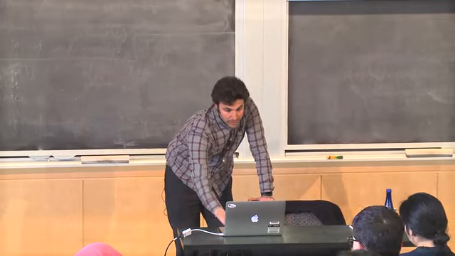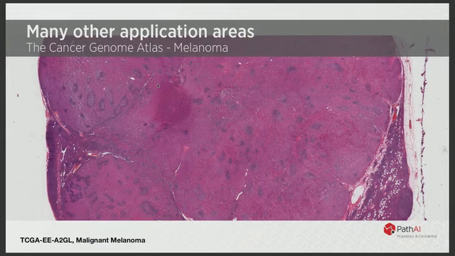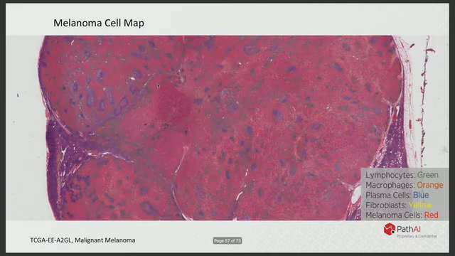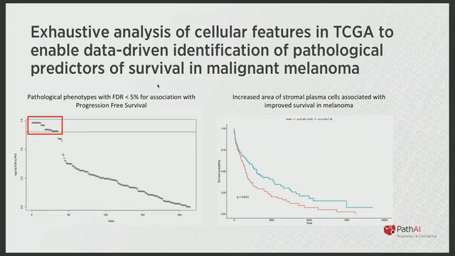So here's one example of integrating gene expression data with image data, using the Cancer Genome Atlas. This is all public, and they have pathology images, RNA data, and clinical outcomes. They don't have the greatest treatment data, but it's a great place for method development for ML in cancer, including pathology analyses. This is a case of melanoma. We've trained a model to identify cancer and stroma and all the different cells. Then we extract, as you saw, hundreds of features, and we can rank the features by their correlation with survival. So now we're mapping from pathology images to outcome data.